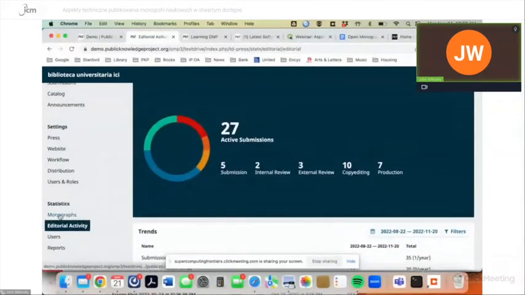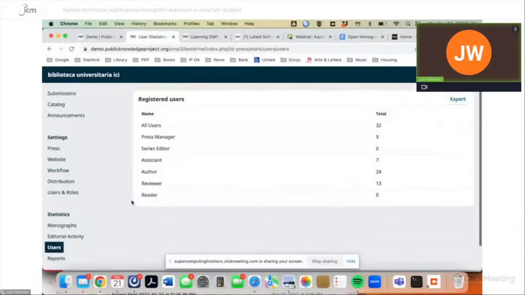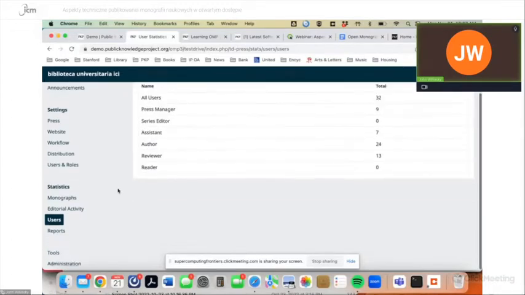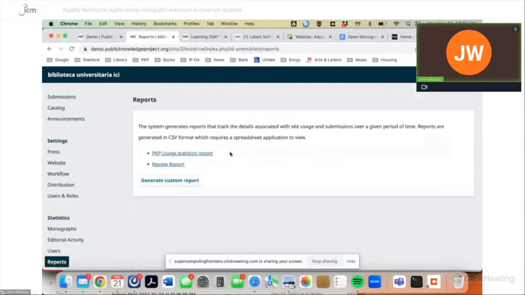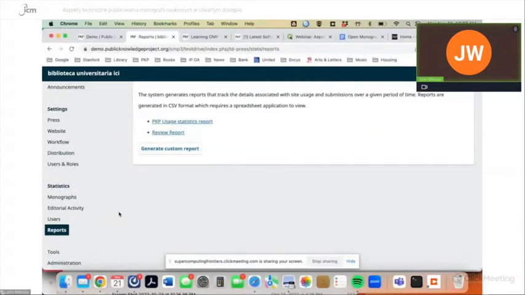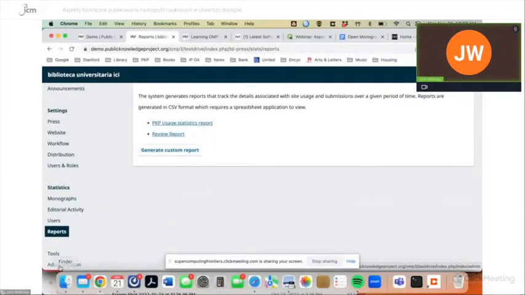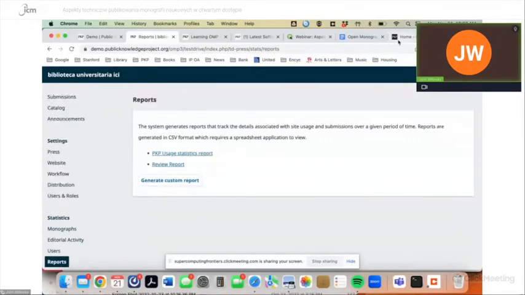So we have monograph activity, we have editorial activity. You can monitor your users as well, how many people have signed up for notification, how many readers you have who want to know about new publications. But you can also check your author lists, and you'll probably know your press managers and other things like that. And you can generate statistical reports for periods of time to report out to your board, for example. And as I said, these tools and administration are for the person running the website, and will allow them to set up a new press on a single instance. So all told,